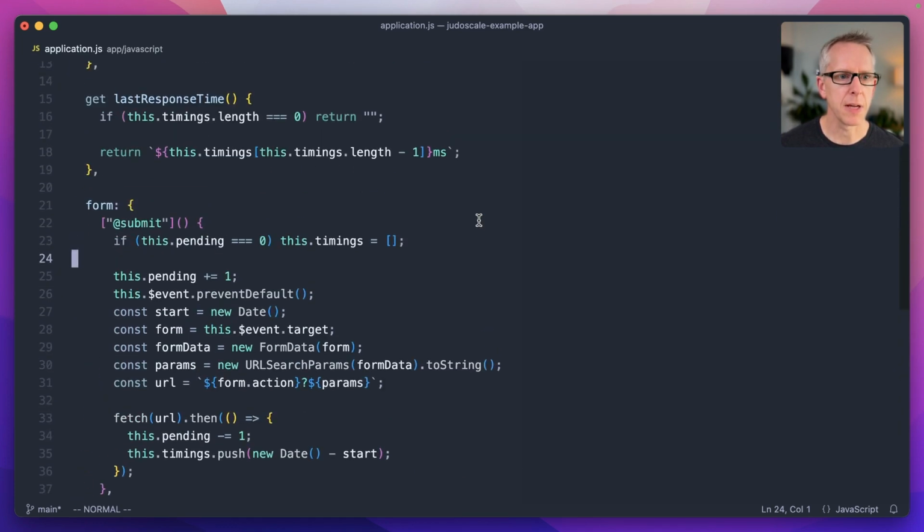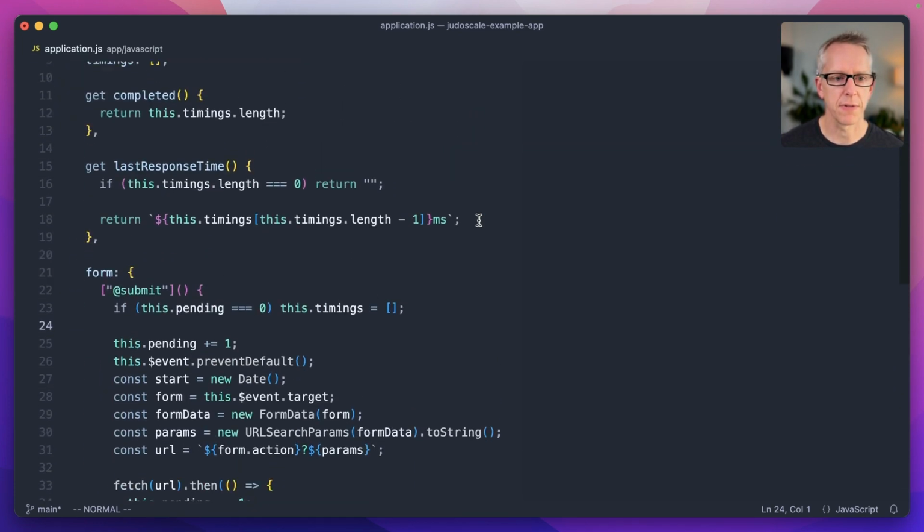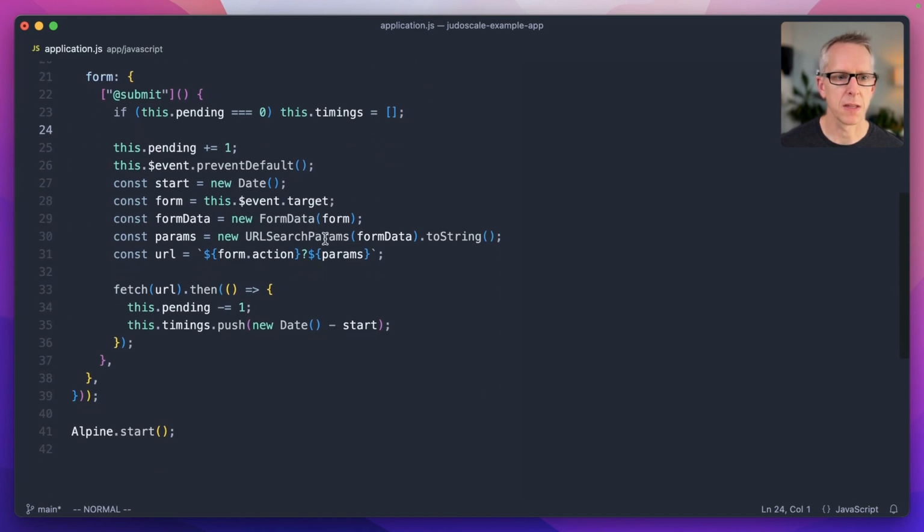I think the only thing I might change here, just as a personal preference, is this. There's kind of a lot happening in this submit method. A lot of things to do with building the form and submitting the form that I would kind of like to pull out. What I would rather do here is something like, doing stuff with the event, doing stuff with the component data needs to live here. But beyond that,